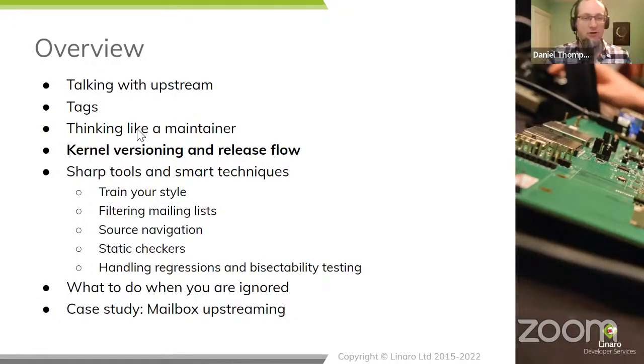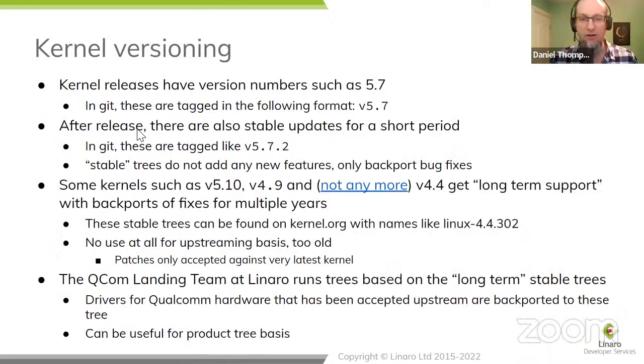So the last thing before we look into the tools and techniques, which are quite central to today, is to look at the kernel versioning and release flow. So this is the kind of heartbeat of kernel releases. First off, we have kernel versioning. The 2-digit versions, so v5.7, is the signature of a Linus Torvalds release. When you have a kernel that has only 2 version numbers, that is the release that has come from Linus Torvalds.